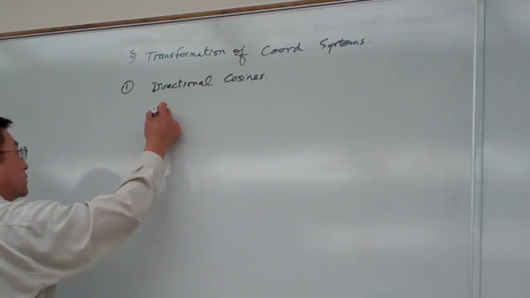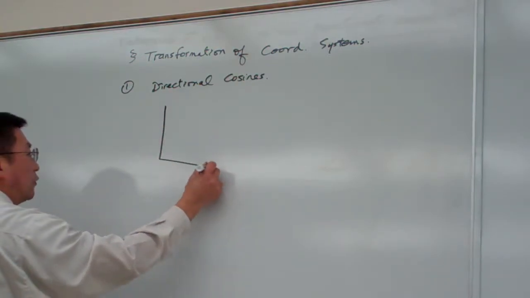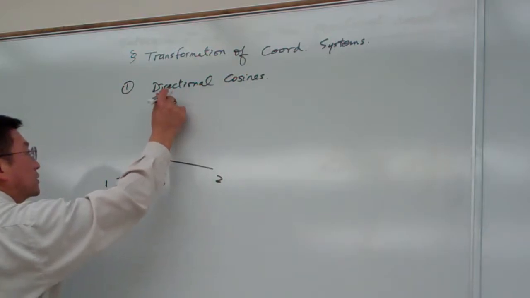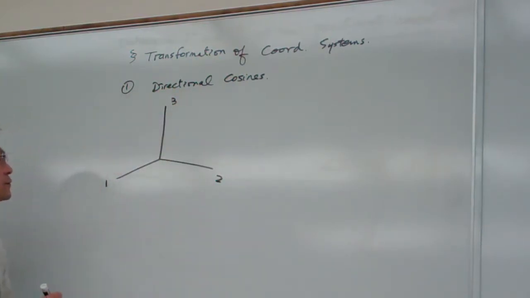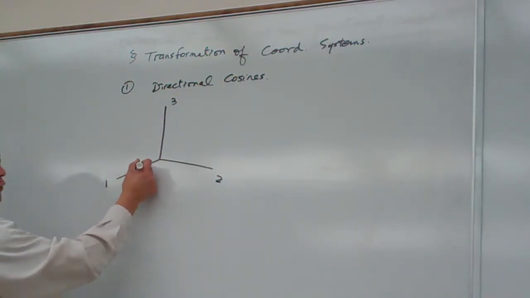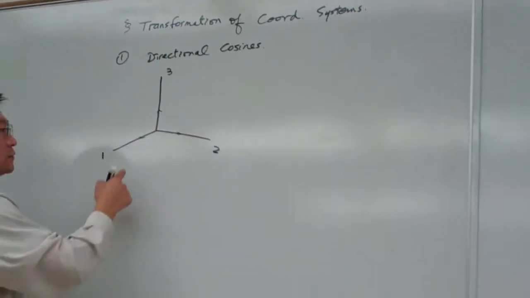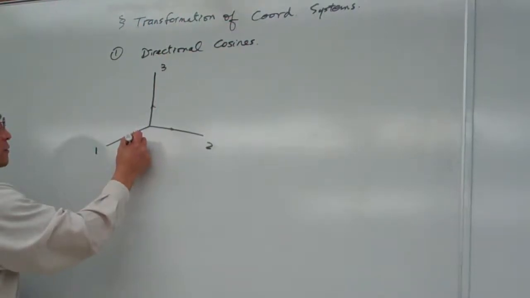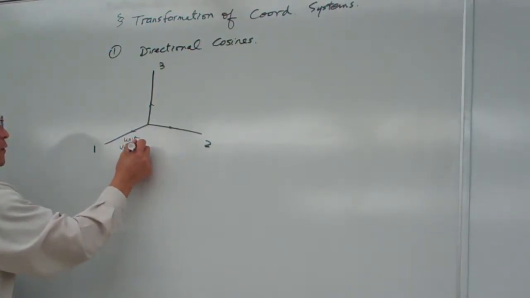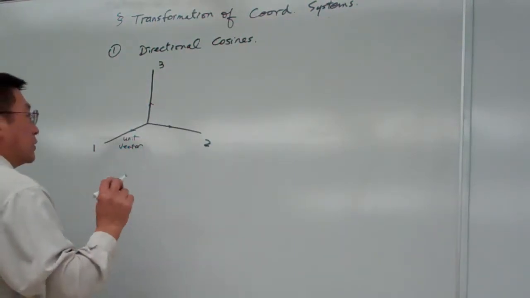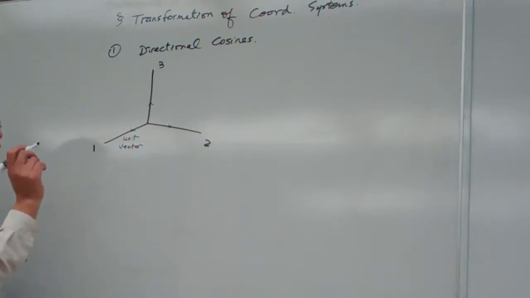So if we consider given coordinate systems, let me say this is the 1, 2, 3 coordinate system, okay? And in each coordinate system, we have unit vectors. So these are the unit vectors. Okay, what labels I'm going to use, later on once we use them, I will give the labels. Okay, so now if we consider a vector,